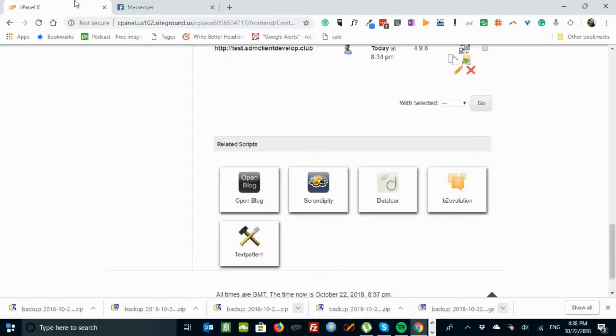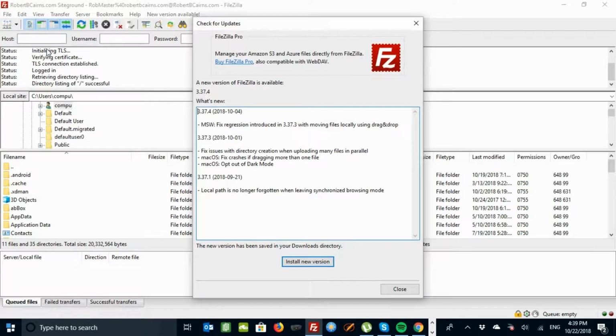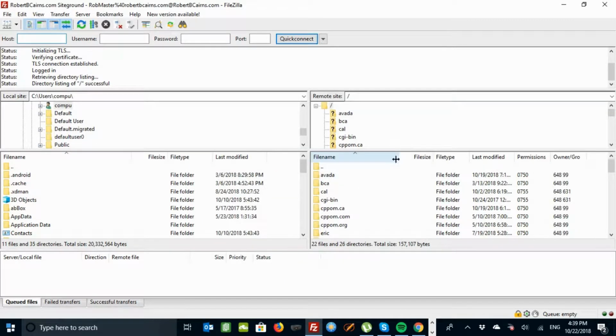So first thing is we have a website that's having issues. So let's go to our FTP client and we'll get our FTP client up here. We use FileZilla and then we go to the website itself on FTP, and this one is our test website, which is under test,